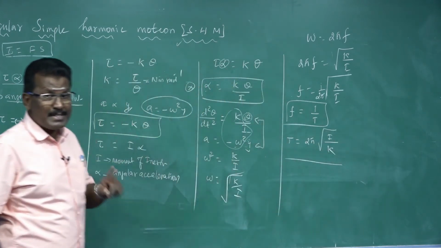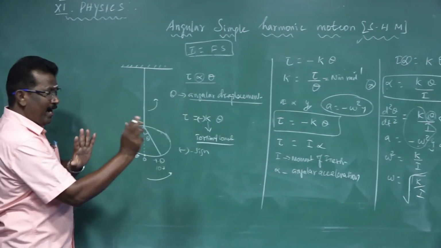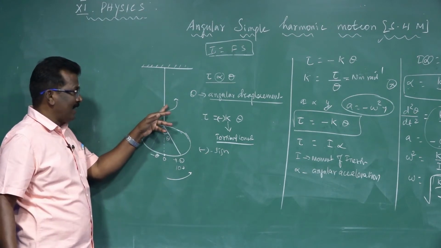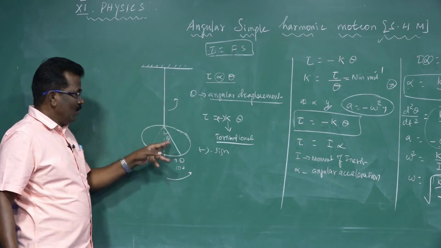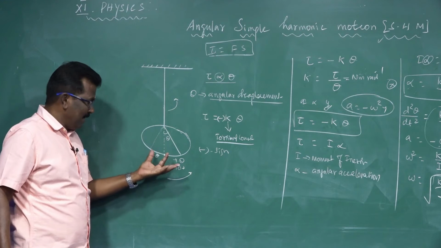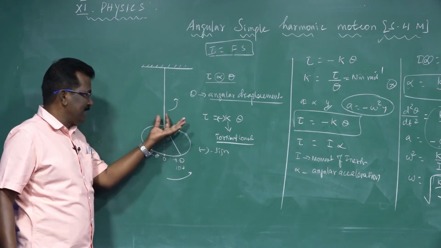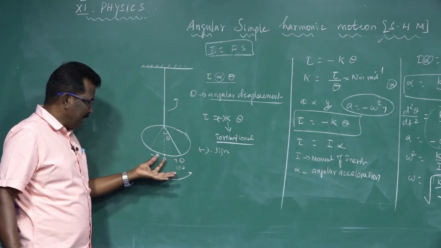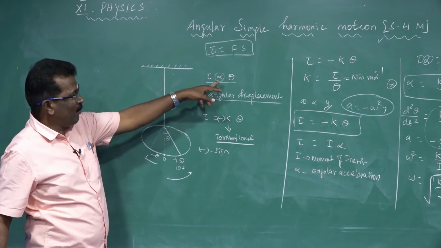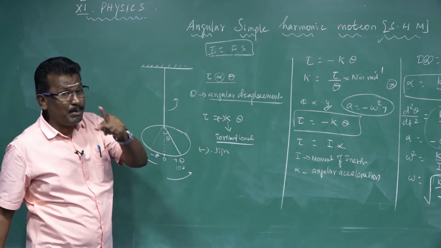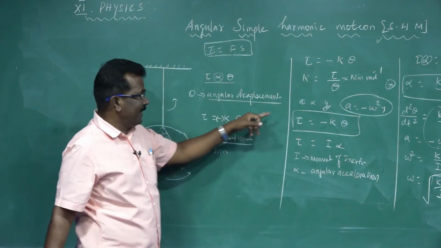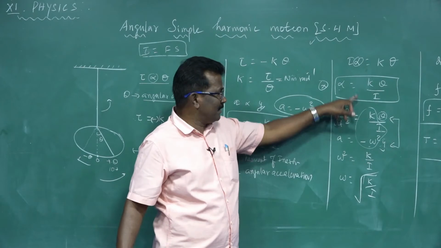So the body is said to be in simple harmonic motion. A body rotates about its axis through a certain angle, so a restoring force acts on the thread. That's a restoring torque. If the body rotates in the positive direction, the restoring torque is in the opposite direction. If the body rotates in the negative direction, the restoring torque is in the positive direction. So the restoring torque is directly proportional to theta, and the body is said to be in simple harmonic motion. If any body is in simple harmonic motion, its acceleration is directly proportional to displacement. So these two formulas are in resemblance.